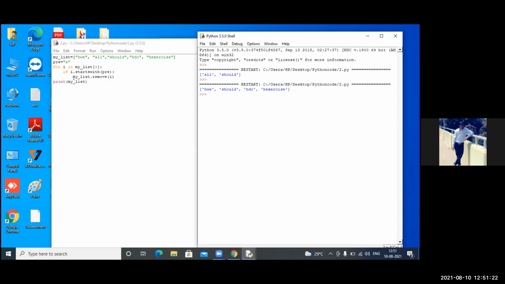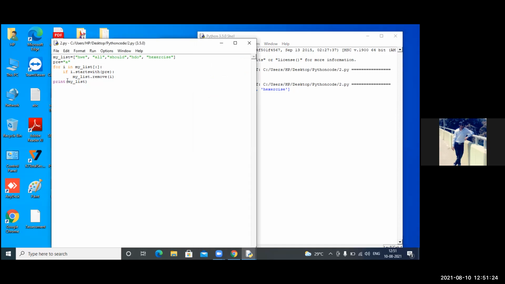In the output screen, we are only getting my list after removing the prefix we are using. So first of all, show the original test list once, before using the pre variable. You need to write the print section again for the my list problem.